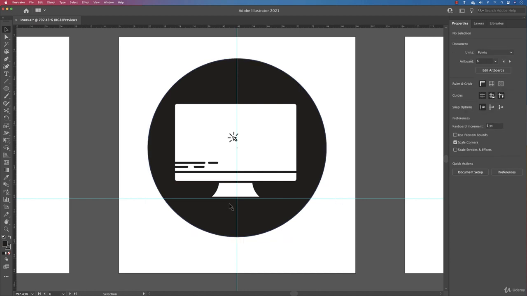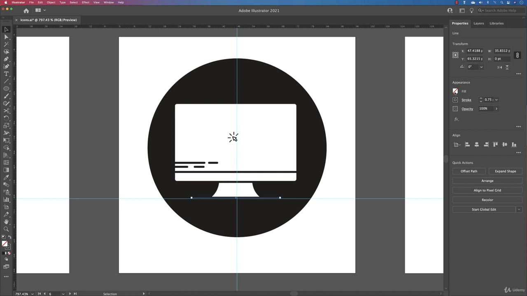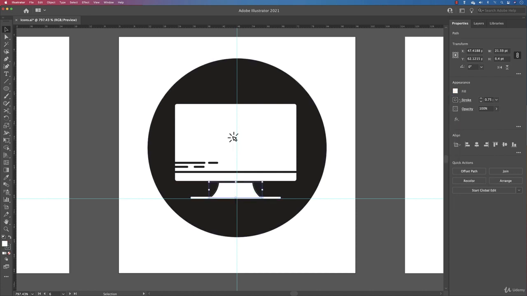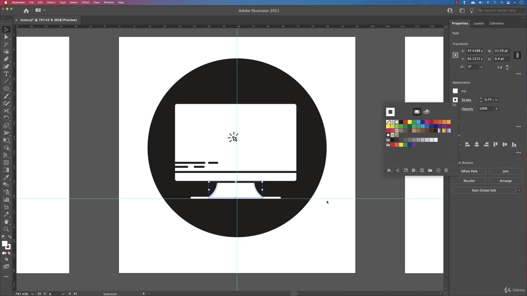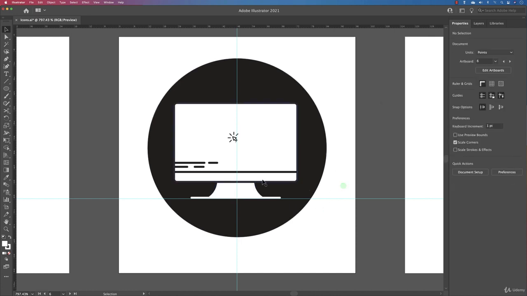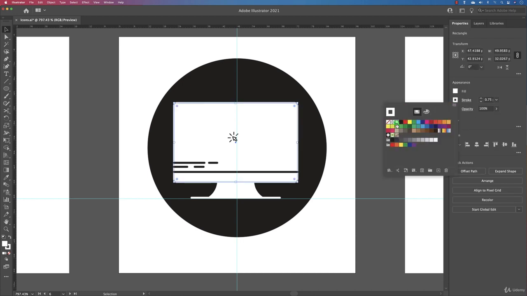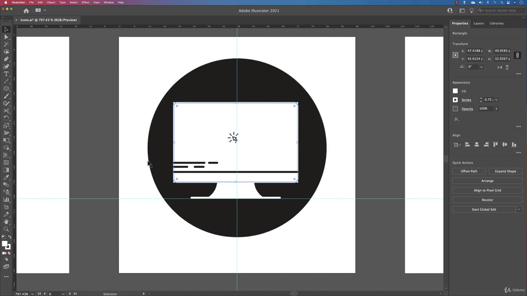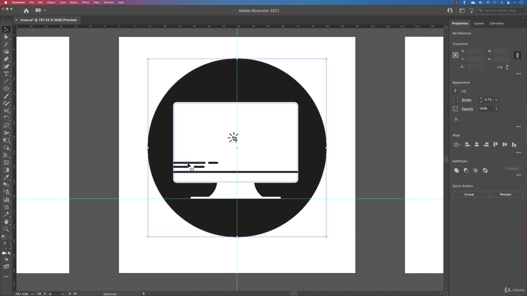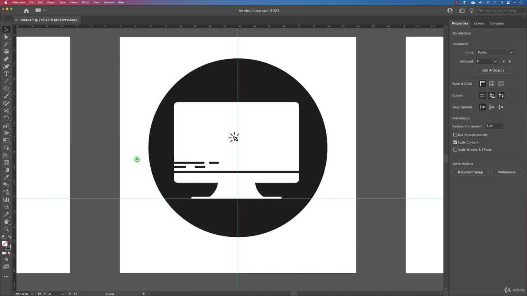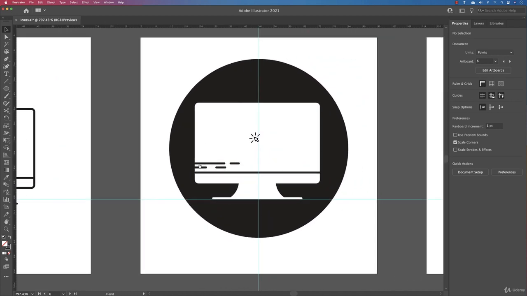That worked very fine. There are some things here we need to make white, like the stroke of the base. Also, the stroke here should be white. We have the line of the computer that appeared here. We could also make the stroke white. It's working very fine, but we have a problem with these guys here. I'm going to select them, deselect, and take them out. I'm cheating a bit, but it works. That's very fine. Actually, these are 2 designs now that you can show off with, and we did them in